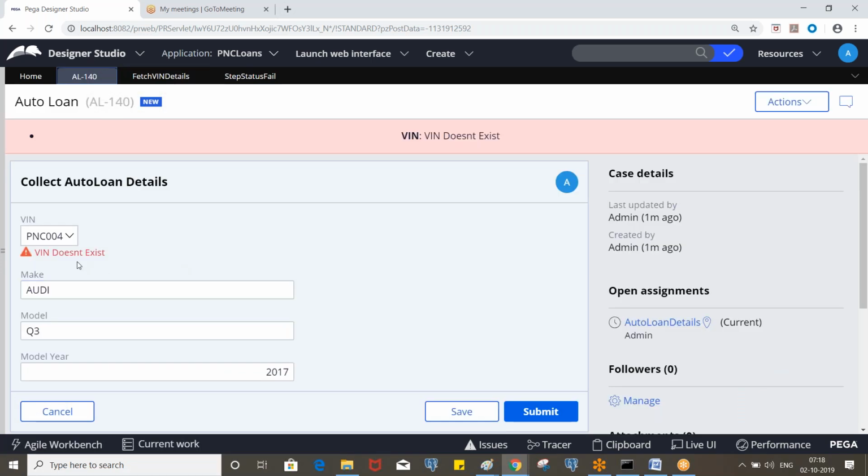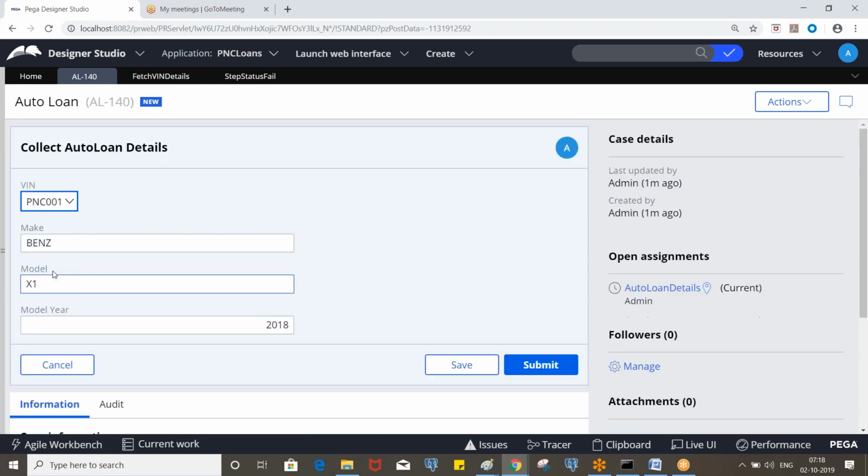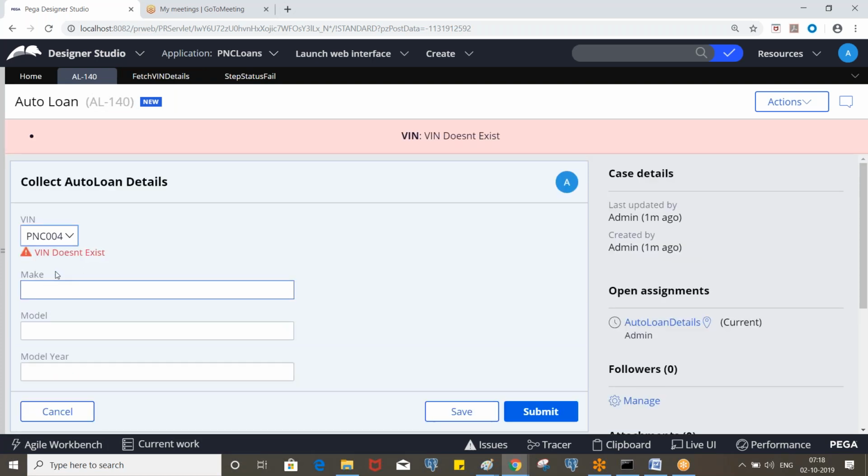Now let's select PNC 004. Nothing is displaying, right? This is expected. And we can put the visible condition for this also. By default, if you don't want to show this, you can use some property, and based on the property value, you can make all these properties visible.